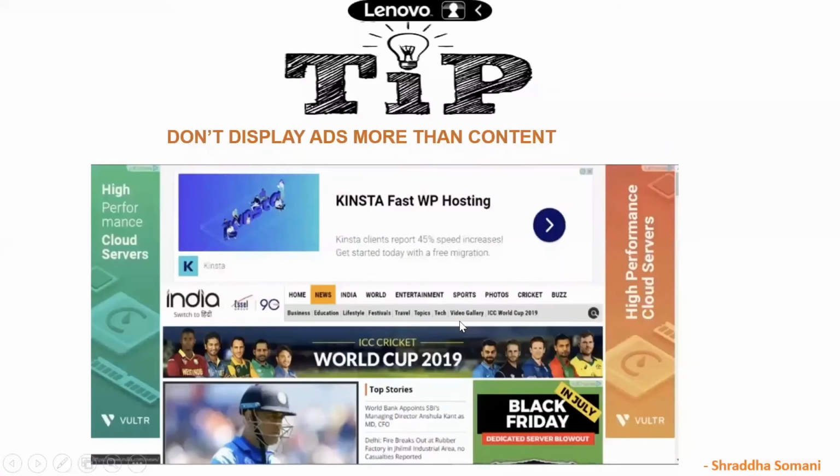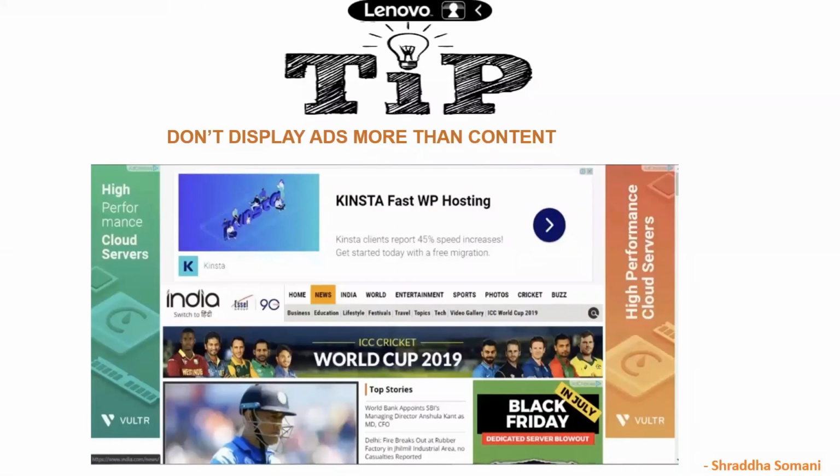Okay, so one tip over here. We have talked about design, but how about placing the ads? Now I have told you that we can do an ad unit placement, right? Do not place more ads than content.